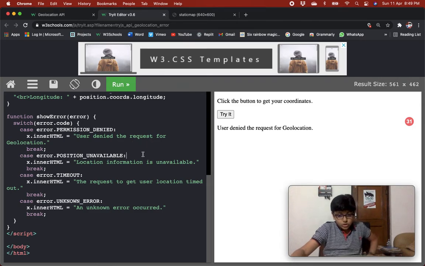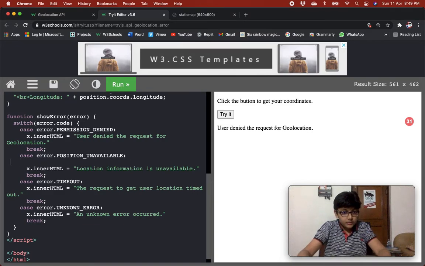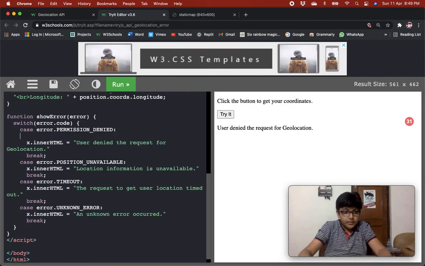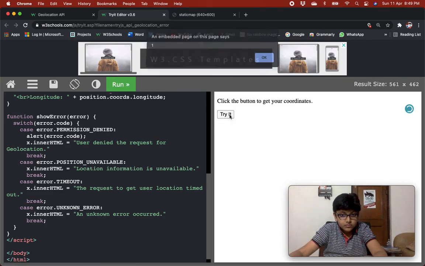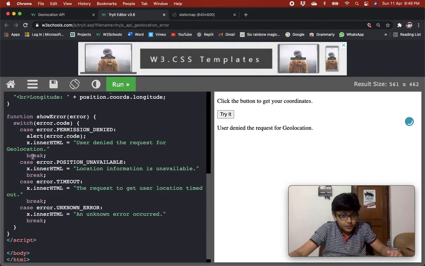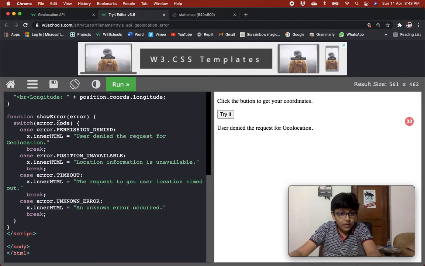I'm not sure, so I'm just alerting the error.code over here. Yeah, so this is 1. The error code that came was 1, and the PERMISSION_DENIED code is also 1. So it goes in here and sets the HTML to user denied the request for geolocation